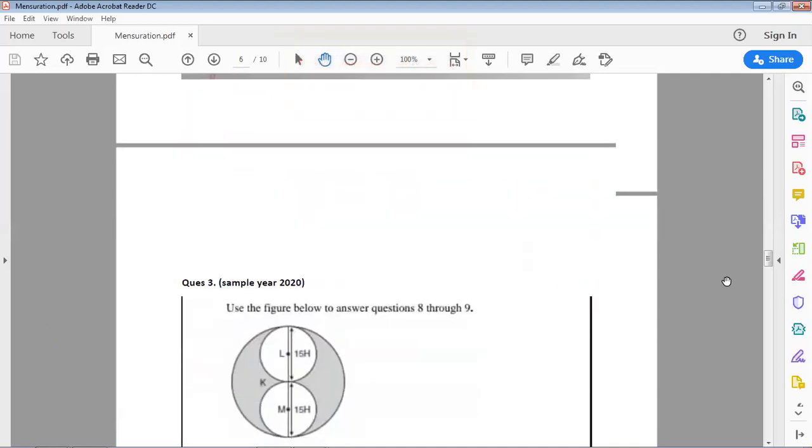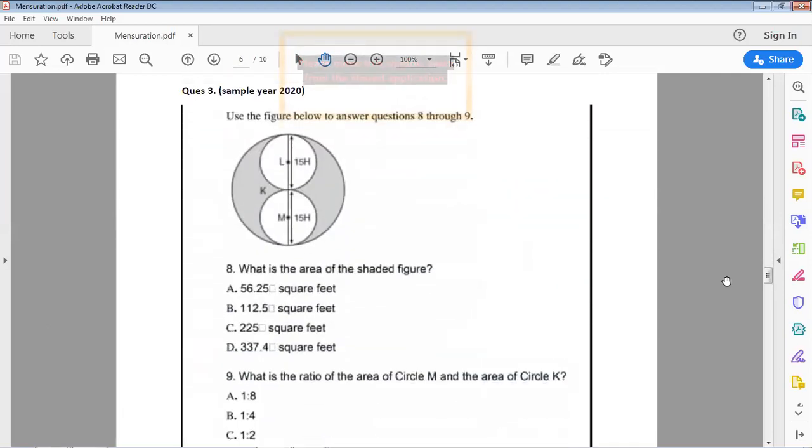Okay, so I'll move forward with the third question. I have taken out this question from your sample paper of IFMAT 2020. So what all of you can do is draw this diagram in your textbooks and start solving the question. This is a pretty easy question, and you will get these types of questions in your exams, where you find out the area of the shaded region. Most of the questions were like these only. I'll give you 1 minute to read the question.